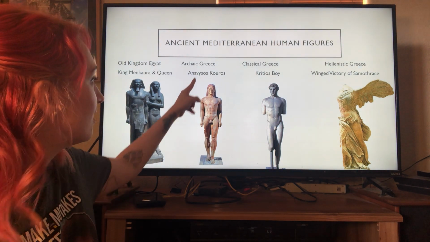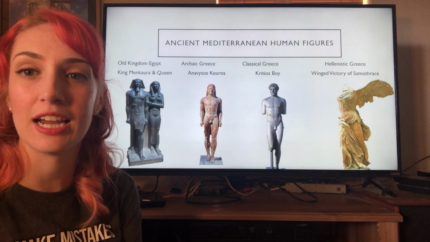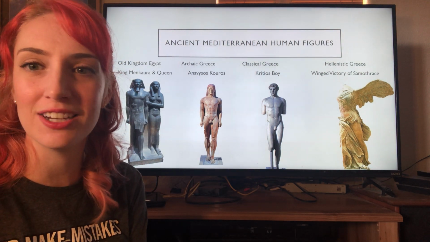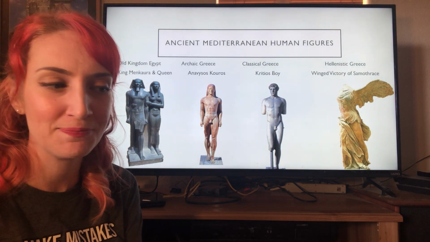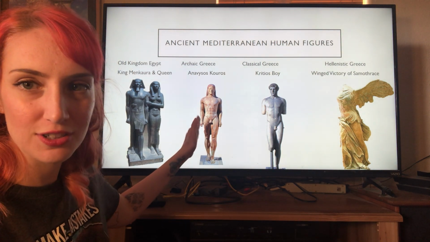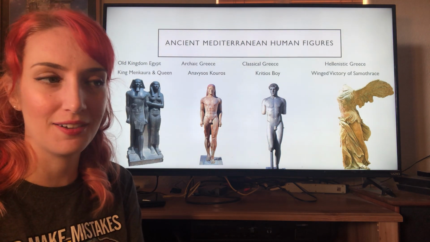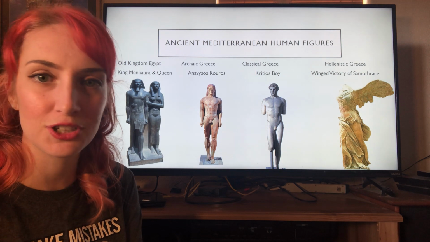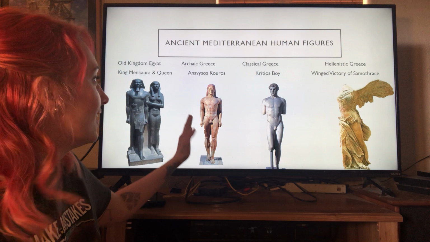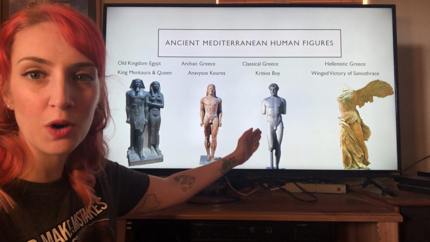So, reminder on the Anavysos Kouros, that functioned as a grave marker for a soldier. At the base it says, "for whom raging Ares did fall," and so on. Ares is the god of war, so this was a Greek soldier's grave marker. Again, Greece is all about the male form, male soldiers, military. It's their favorite thing. Now, as we move forward to classical Greece, I want you to notice what we're doing with the